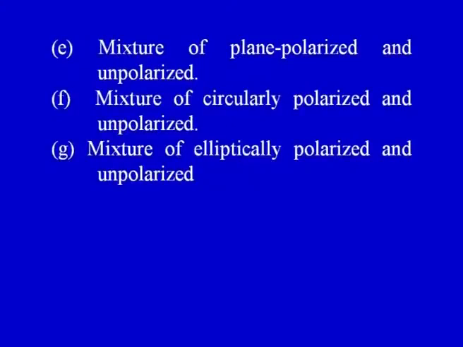A, it could be a linearly polarized light, B, it could be a circularly polarized light, C, it could be elliptically polarized light, and D, it may be just unpolarized. Or in addition to all these 4 cases, E, it could be a mixture of plane polarized light and unpolarized light. It could be a mixture of circularly polarized light and unpolarized light, or it could be a mixture of elliptically polarized light and unpolarized light. So, we have 7 different